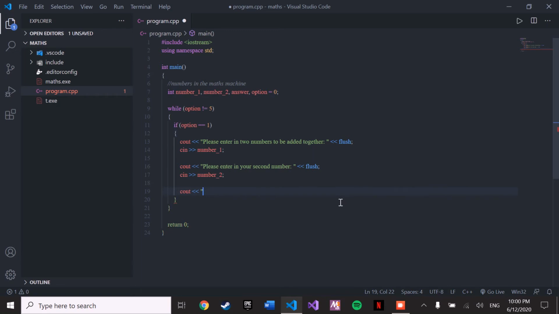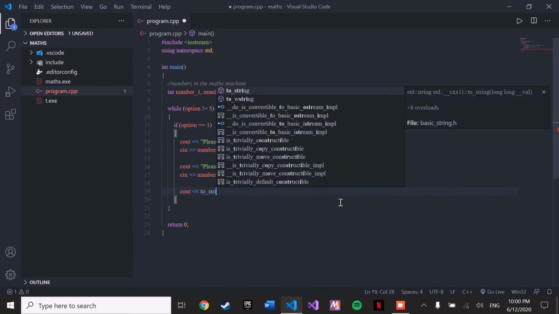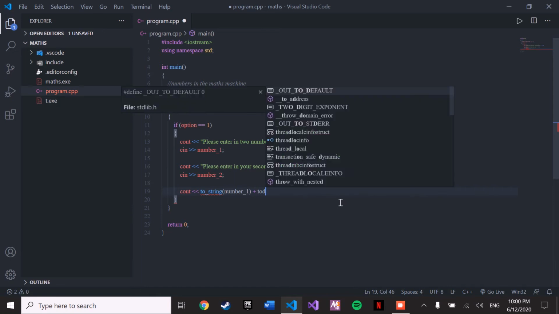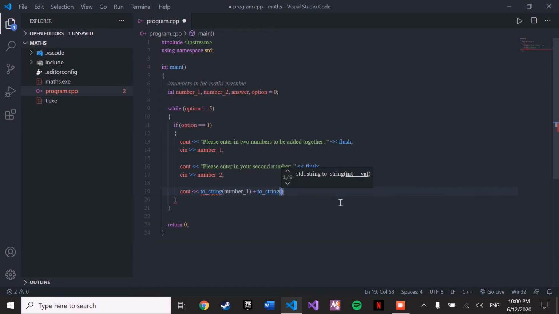So I'm going to say toString, and then the name, which is number 1, plus, and then again toString. Actually, before then, I'm going to write an actual plus and make sure I have a little space, and then another plus toString number 2